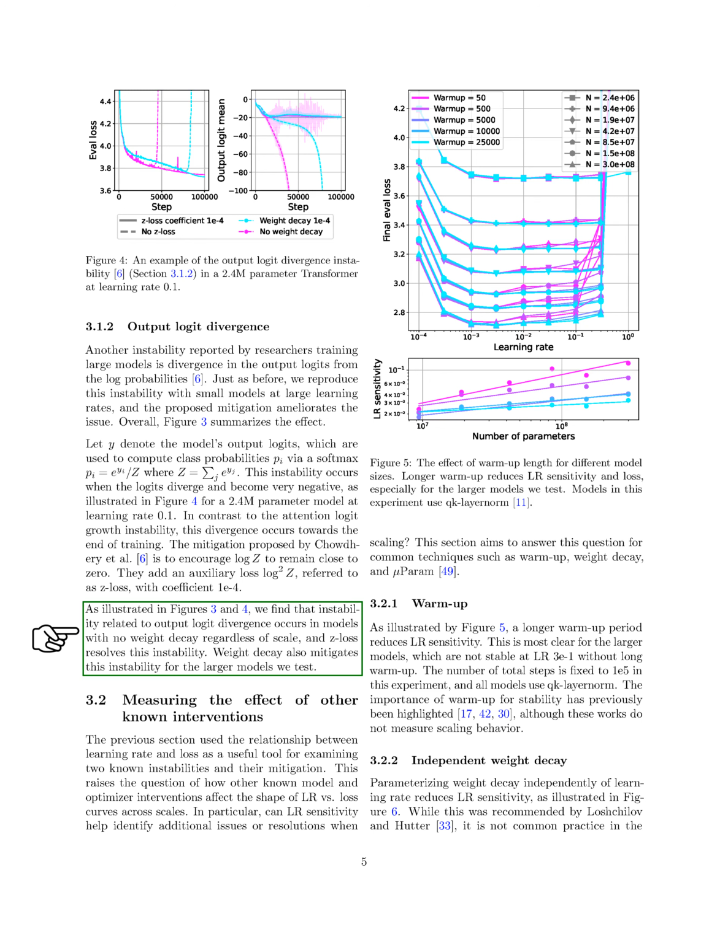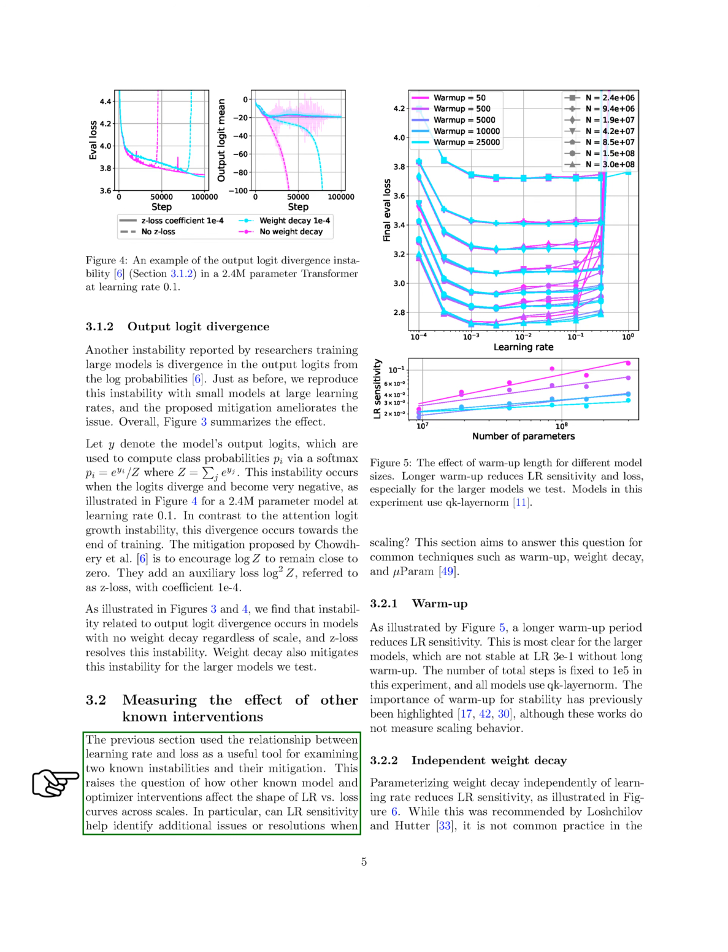We've found that this instability related to output logit divergence happens in models without weight decay, regardless of their size, and z loss resolves this instability. Weight decay also mitigates this instability for the larger models we test. We've also looked at how other known model and optimizer interventions affect the shape of learning rate versus loss curves